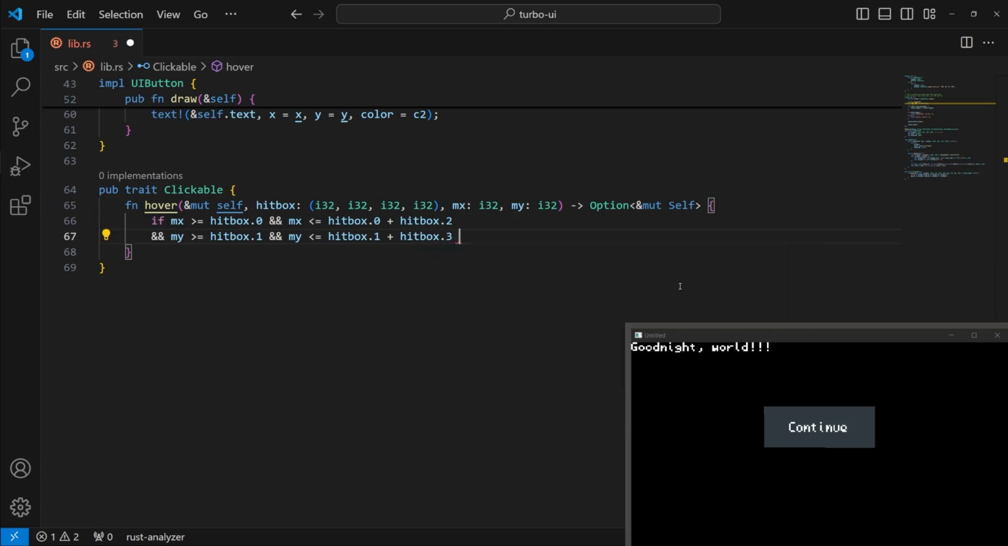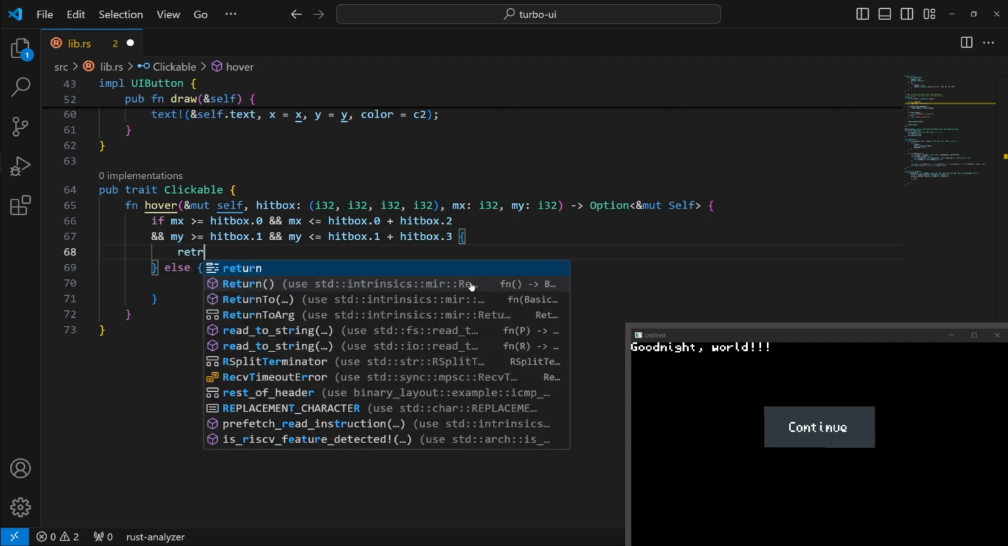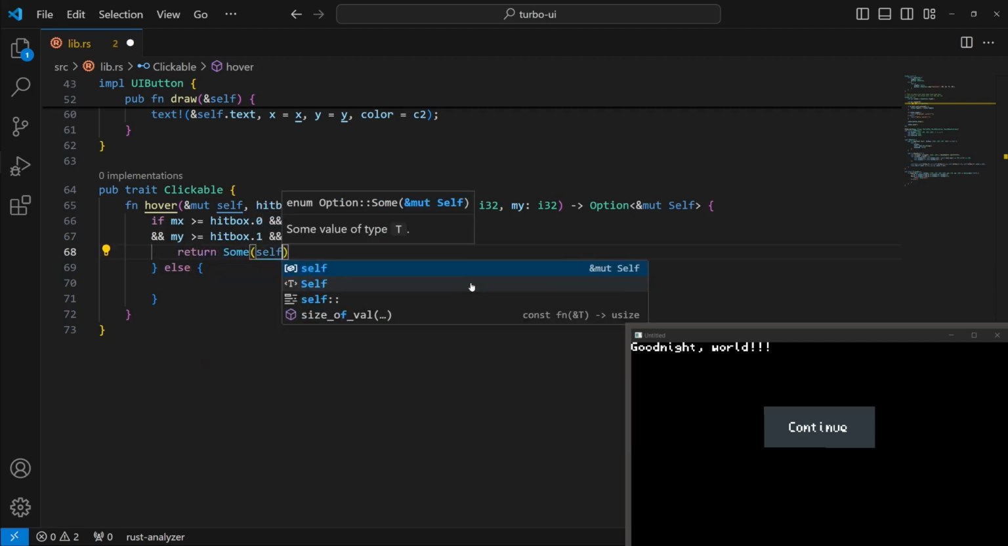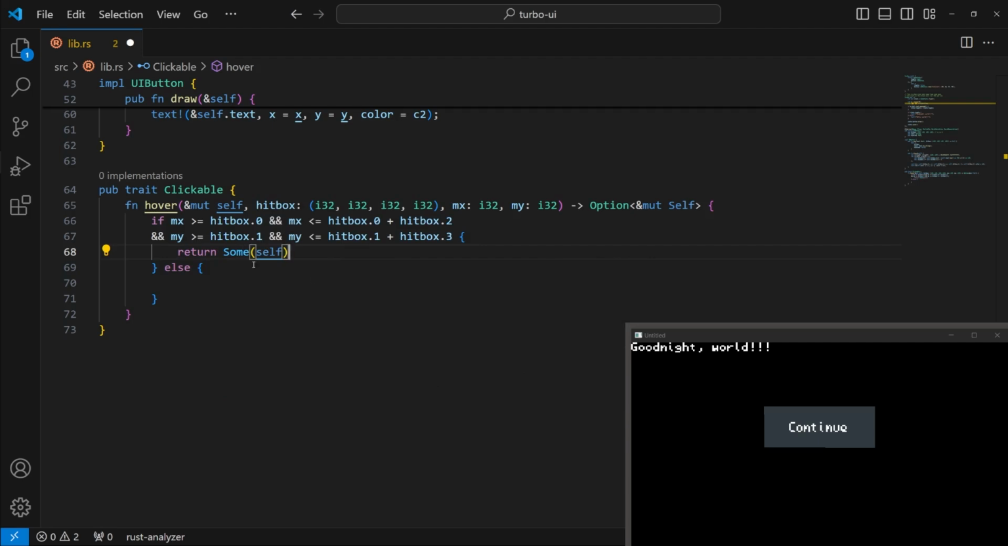So if this check is true, that means that the mouse is hovering inside of it, and then we will write an else statement for when that is not the case. So if this is true, we will return Some(self), which is the Some portion of our Option enum. And if it is false, we will return None, which is the None half of the Option enum. Okay, great. So this is the basic functionality that we need to determine whether or not the mouse is hovering